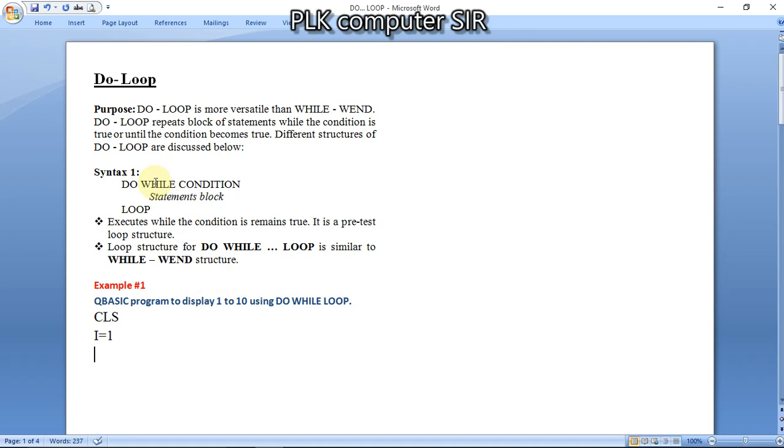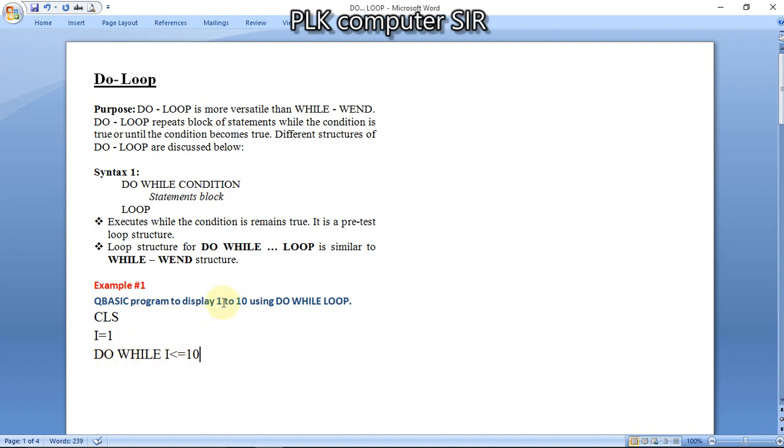Now it is condition time, so we write do while I less than equal to 10, because the start value is smaller than the final or stop value. That's why less than equal to, because only if the condition is true will it work.